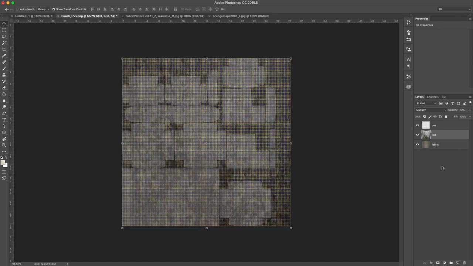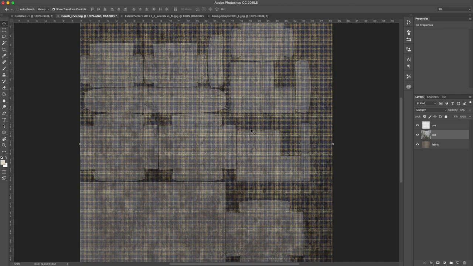And now if I turn the UVs back on, what I can do is select the area outside of the UVs and delete it. So let me zoom in just a bit here. I'm going to come over to the Magic Wand tool here in Photoshop, select the UVs layer, and then click anywhere outside the UVs. And that will select everything all around the UV islands. Now it looks like it didn't get these over here, so I'll press Shift and click over here as well. And that selected all of those. Maybe Shift click here and over here. So I'm just trying to get all of these areas